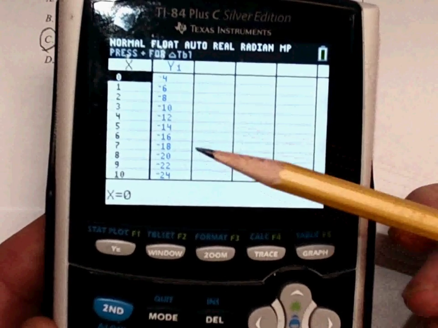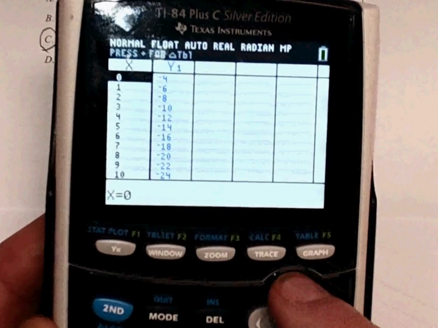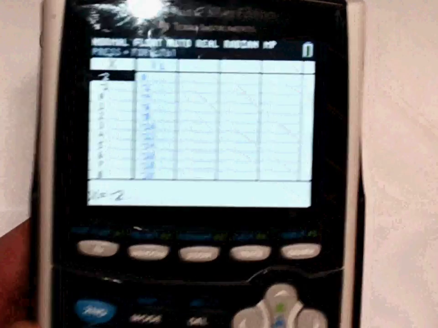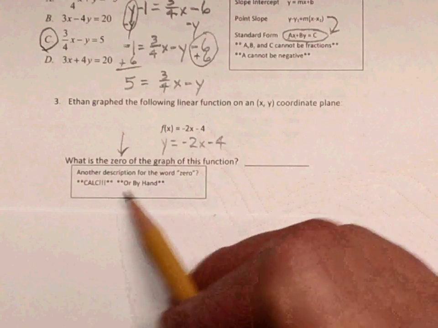And okay, this is familiar territory. We said that our x was -2. Oh, it is. Hey, there it is right there. Okay. Now, another way that we can do that